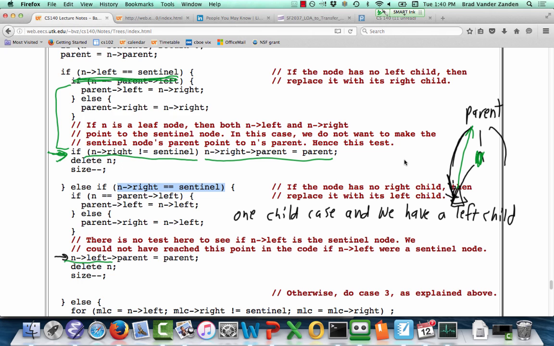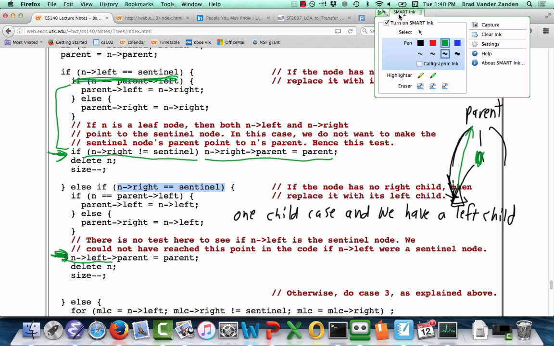Okay, this is what I like about computer science. You can make logical deductions. You could not have reached this point in the code if N left were the sentinel node. So you know that it must be a regular node and that you can reset the parent. Okay? And finally,